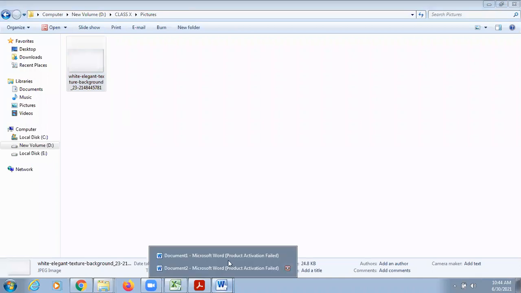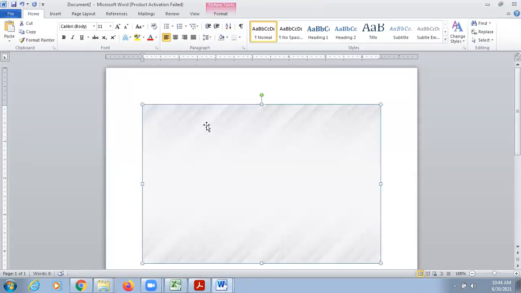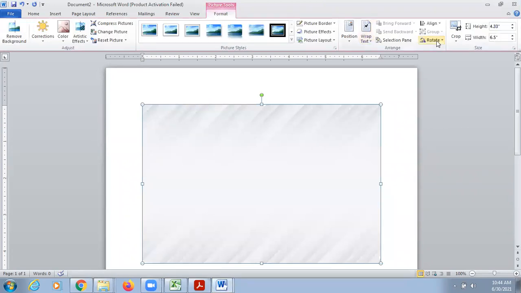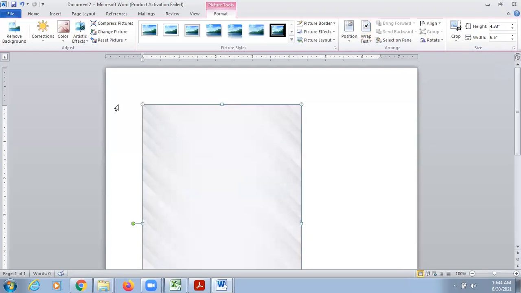copy it, paste it, rotate it. Now set the picture on your complete page.